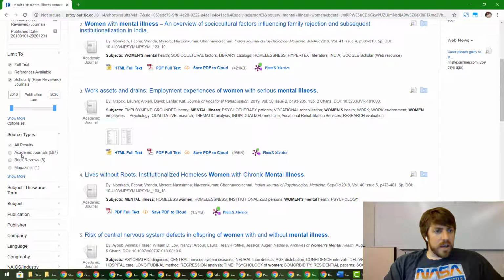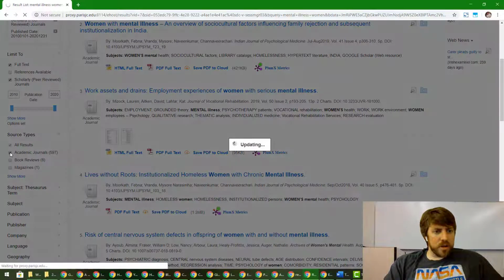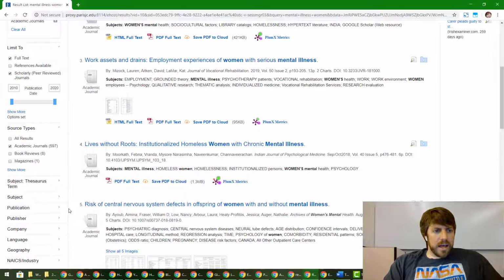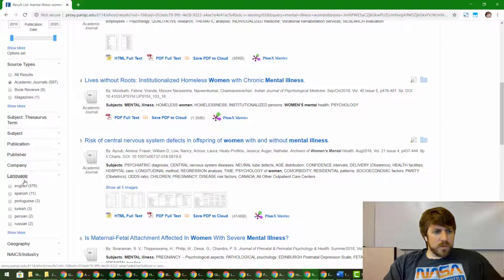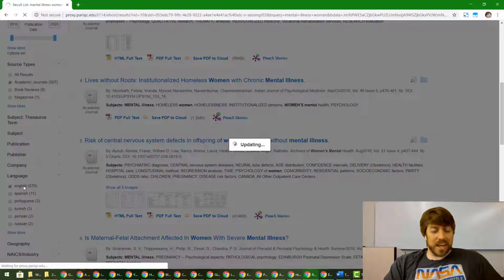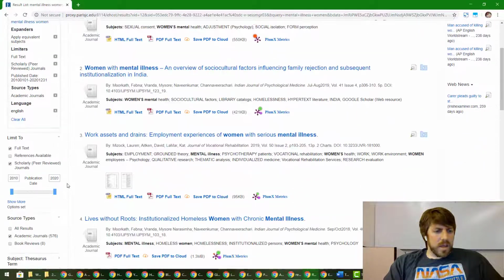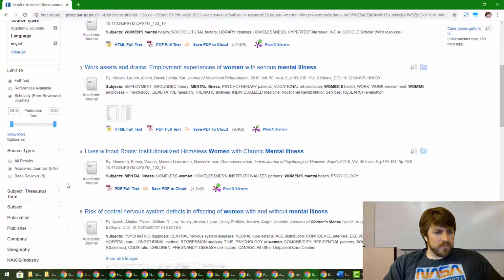And then I'm also going to narrow down my searches to academic journals only, no book reviews. So I'll get rid of that lit review I got last time, hopefully. And then I'm going to make sure I'm only reading articles in English, because I can't read any of those other languages. They're great languages, they are, but I can't read them. And then also,